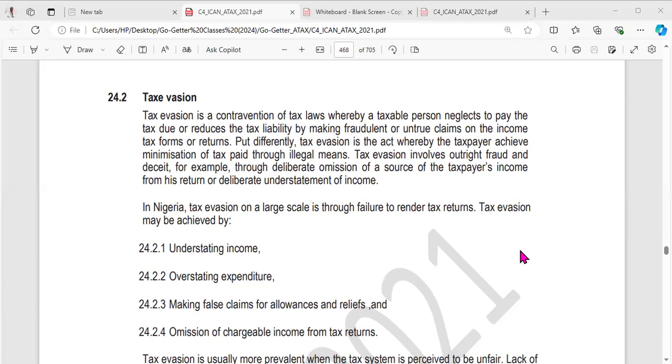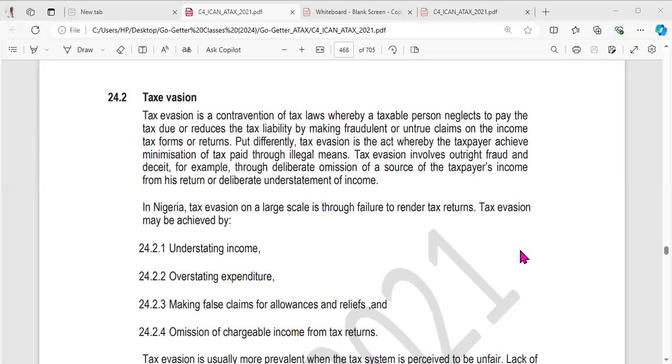And if these expenditures are allowable, they have overstated the allowable expenditure. And of course, the government, the tax people will ask you to show evidence that you've made those payments. You will say some of them are by cash and show the receipts. And of course, they will not take that receipt to go to the shop and verify. Even if you go, the shop owner is not even having a carbon copy. And so you cannot know that. So some of these things are achieved through